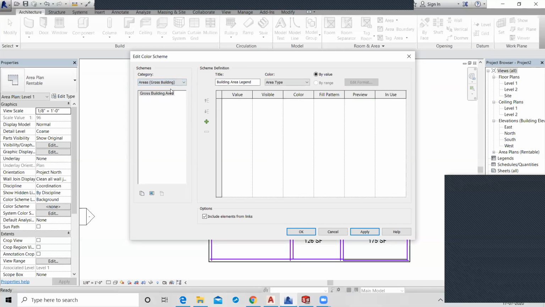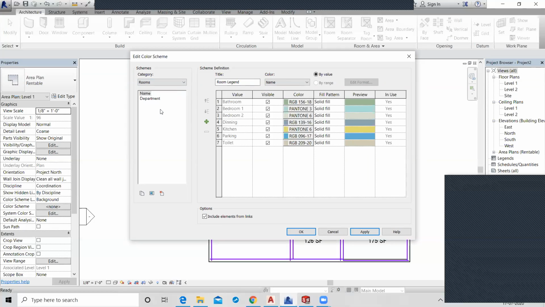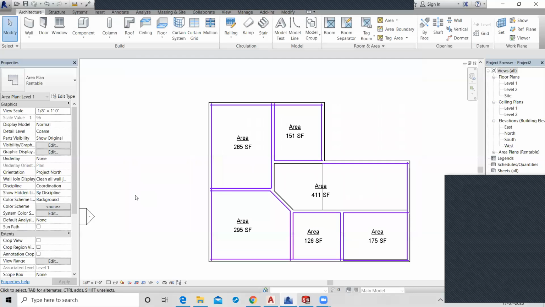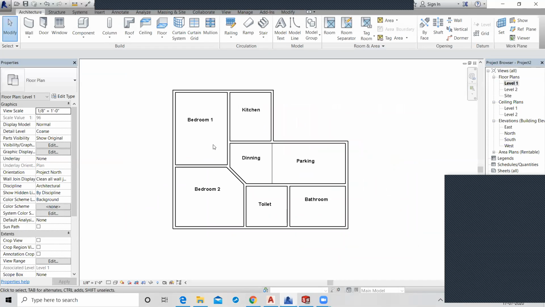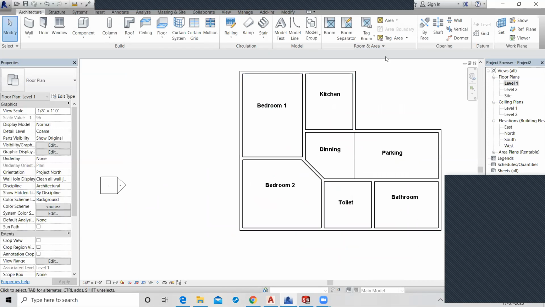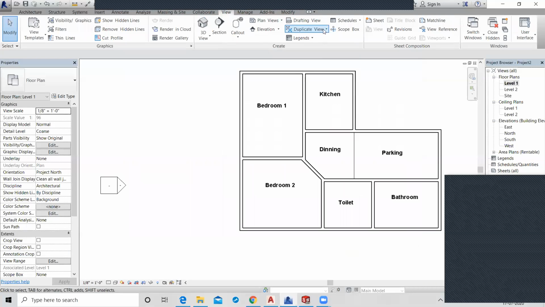You can choose the rooms and divide them separately, then click on Apply and OK. This is not visible in your view because we have to assign it from here, in the view command, and we have the color legend.